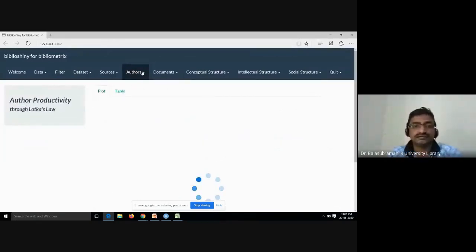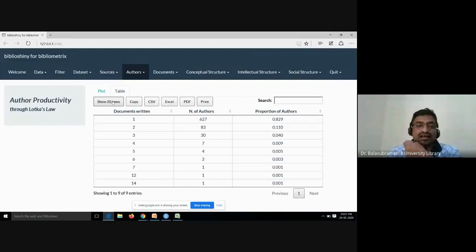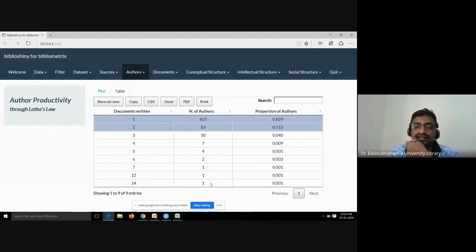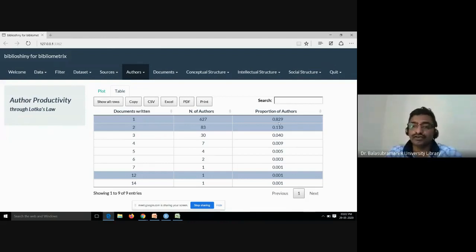Lotka's law. You can see the Lotka's law. Yes, 627 authors wrote only one paper. In their lifetime, they published only one paper in the area of scientometrics. That is the meaning for 627 authors. I hope you may be aware of that. This author, Garfield, published 14 articles. Then White published 12 articles, like that. That is the number of articles each author published. This is the proportion, this is Lotka's law. Like that you can make it using Lotka's law.